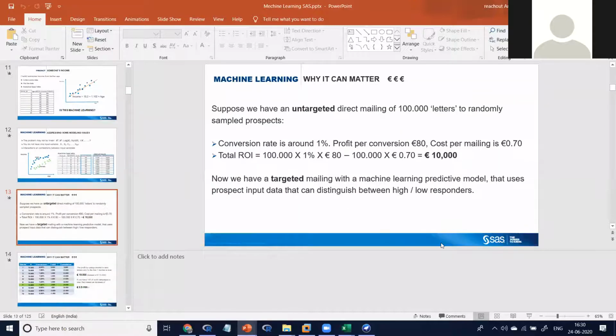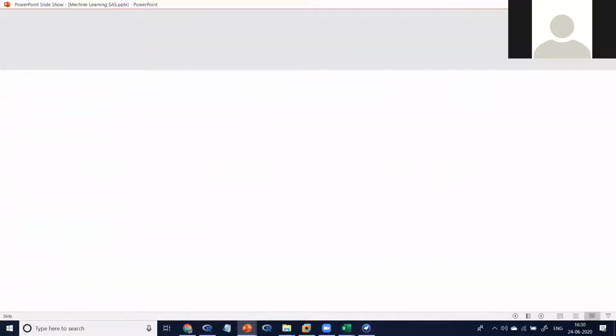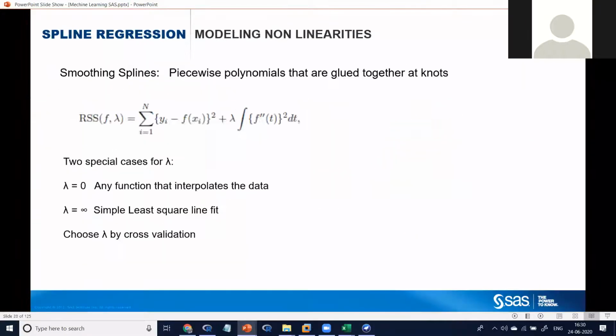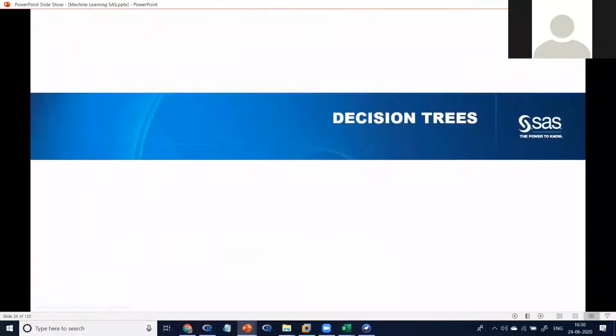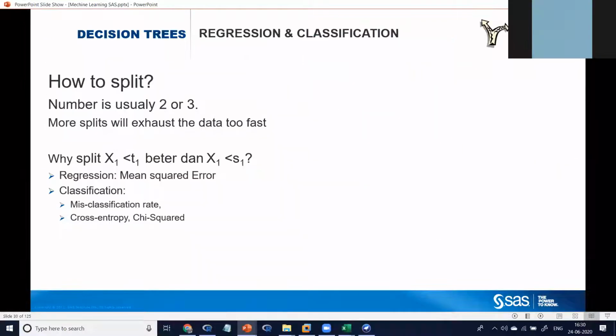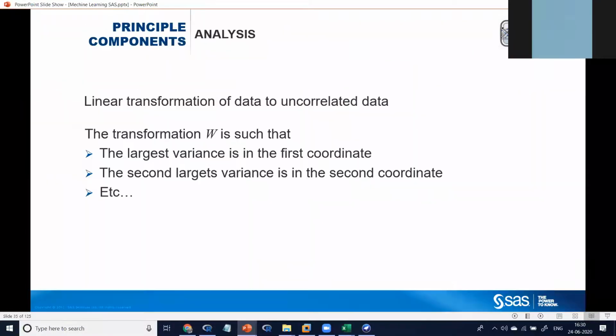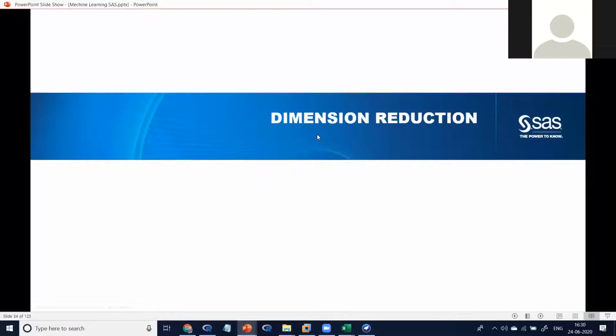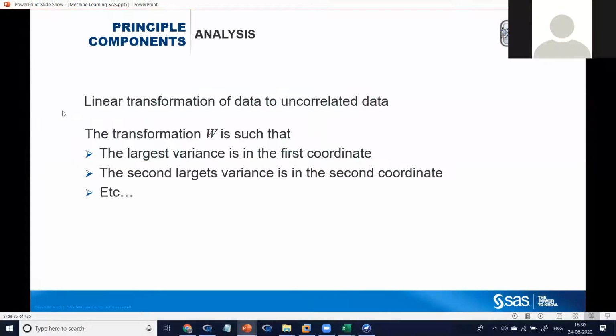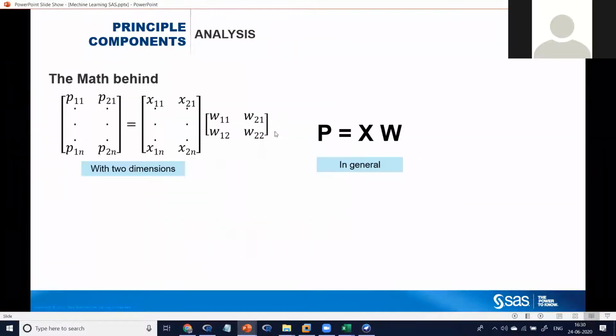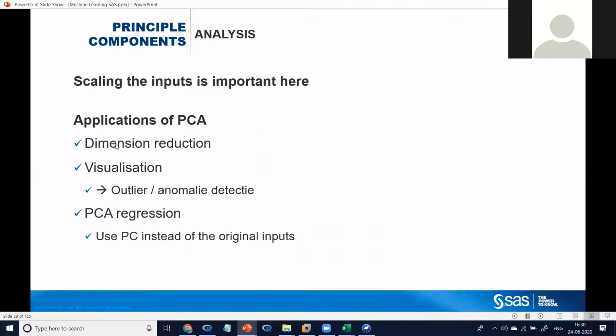Of course, this material is available in SAS Corporation. Dimension reduction and principal component are the same. It is a linear transformation of the data and correlation, used for data cleaning and data validation. These techniques are used for dimension reduction, visualization, and outlier treatment.